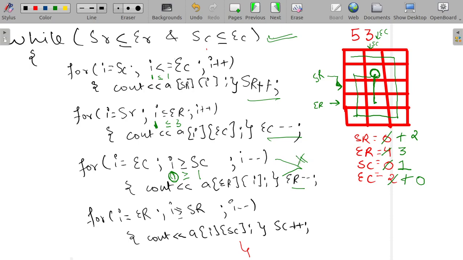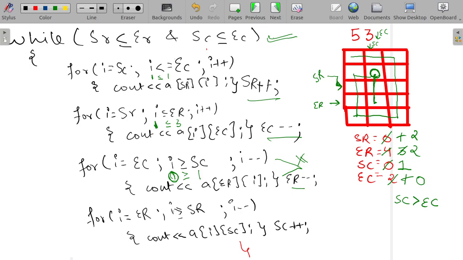But as this loop will not work, we may write its condition for why it is not working here, right? It is not working because the value of start column has become greater than the value of end column, right? That's why this loop is not working, right? But the value of end row will get decremented, so the value of end row gets decremented to 2, right? Now we shall make sure this loop also doesn't work, so that any other output doesn't get printed, which would make our program faulty in output.